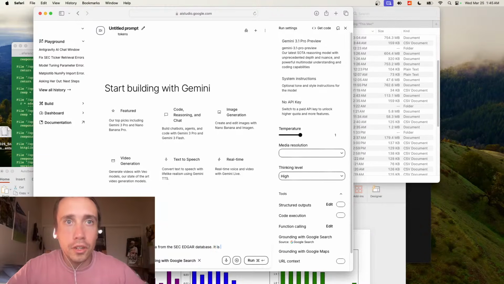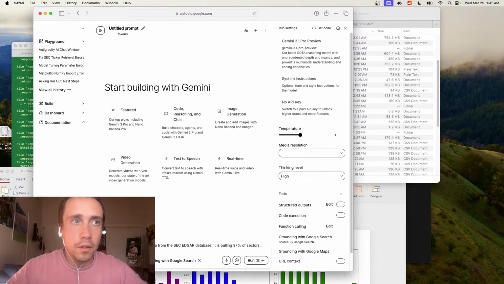So I have this code to pull sector data from the SEC Edgar database. It is pulling 97% of sectors, but still fails on the rest. I need all sectors because I am using this for a quant machine learning model.